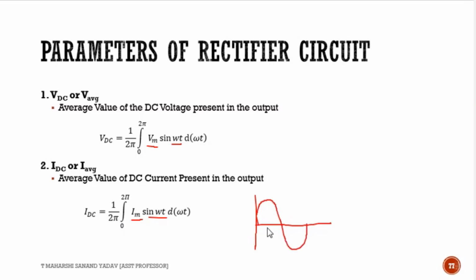This is considered as one cycle. This is 0. One cycle. This is pi. This is 2 pi. From 0 to pi, it is only half cycle. Yes, from 0 to pi it is half cycle. Again from pi to 2 pi it is the other half cycle. So here we consider it as positive half cycle, and this as negative half cycle. Put together, both positive and negative, completely we call it as one cycle.